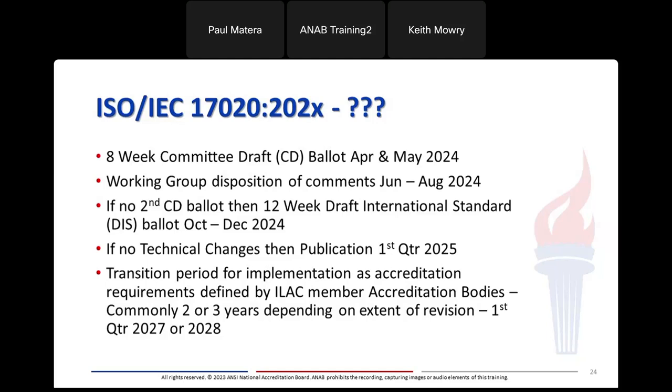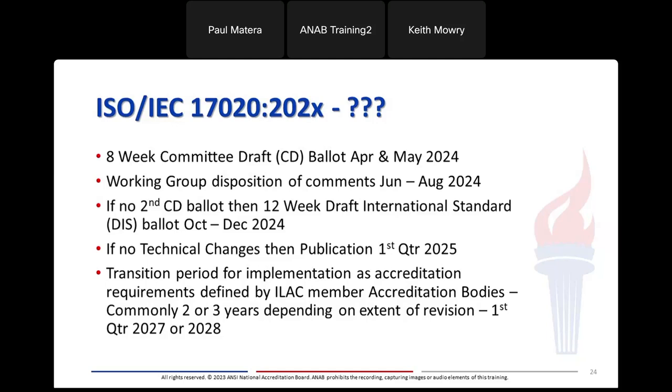And what they're doing is considering the comments, of course, and along the way they're saying, okay, for the comments that we find persuasive and that are good ideas, let's make some tweaks. Let's make some changes in our draft revision to the standard. So there's a lot of comments to get through, and plus there's some more drafting, some more revision that needs to happen. Now, if all that gets done by the end of August of 2024, then the next